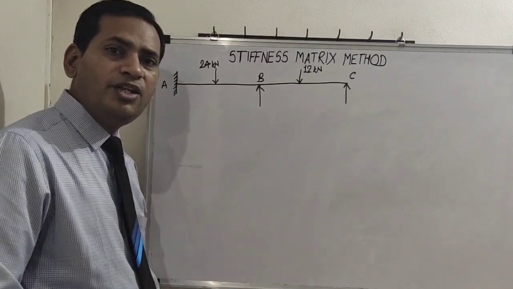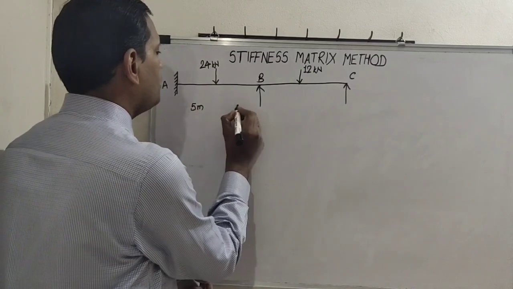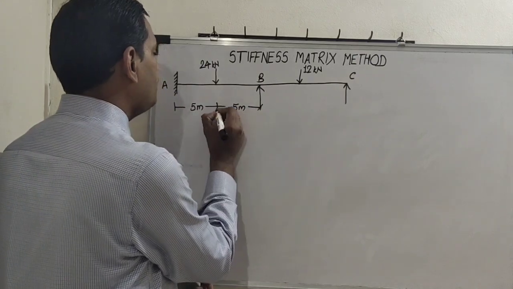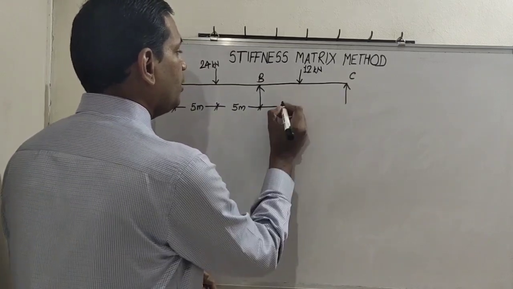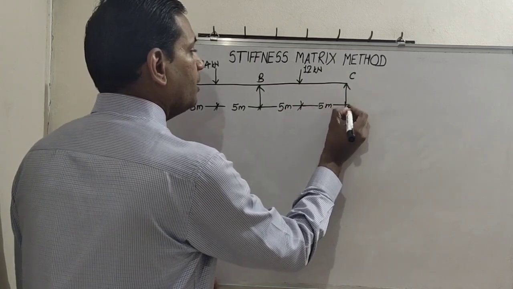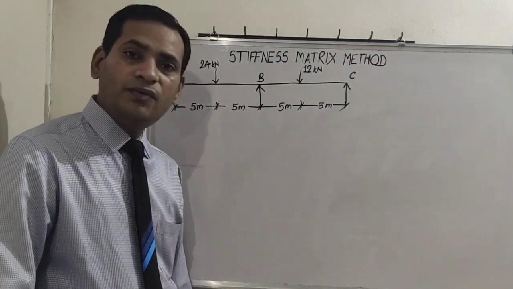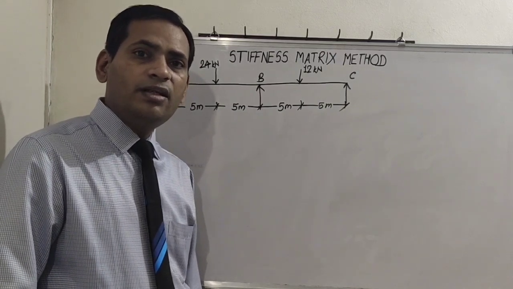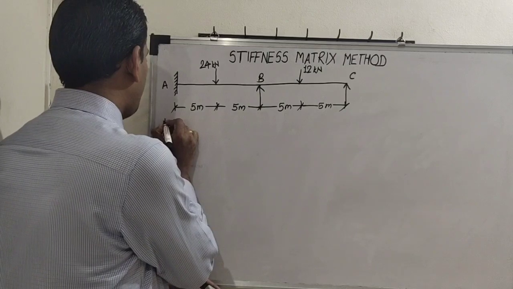A simple two-span continuous beam wherein we have AB span as 10 meter and this 10 meter is subjected to a central point load of 24 kilonewton, and another span is BC which is also 10 meter. Again that span is also subjected to a central point load of 12 kilonewton. So this is the given data. EI is constant. So as you know, our very first step is to determine kinematic indeterminacy, and we very well know how to determine kinematic indeterminacy of a beam. So let us start with our step-by-step procedure.